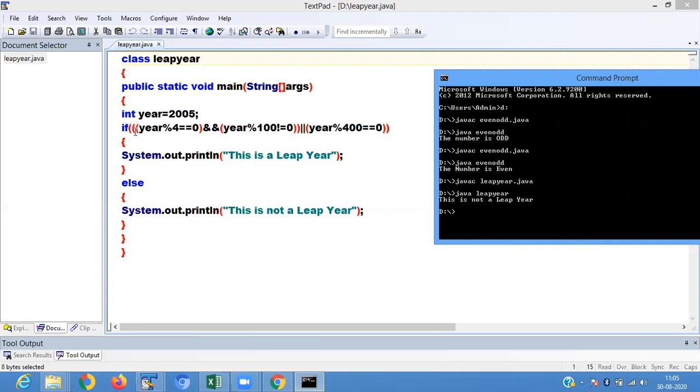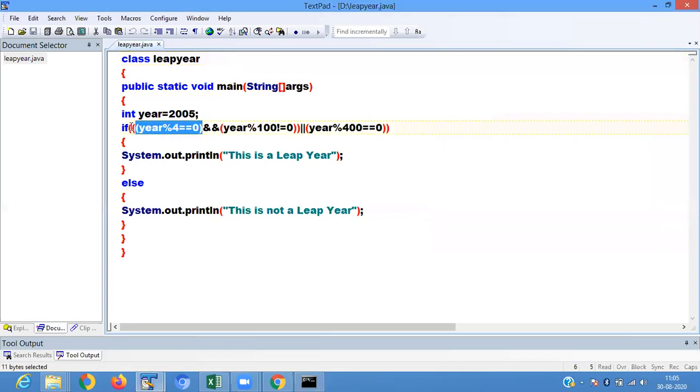Now it is one condition. First, your year modulo 4 equals 0 and year modulo 100 is not equal to 0. It means the year that you have passed, when you divide it by 4, the remainder is 0, and when you divide the year by 100, it is not equal to 0. That is one part.